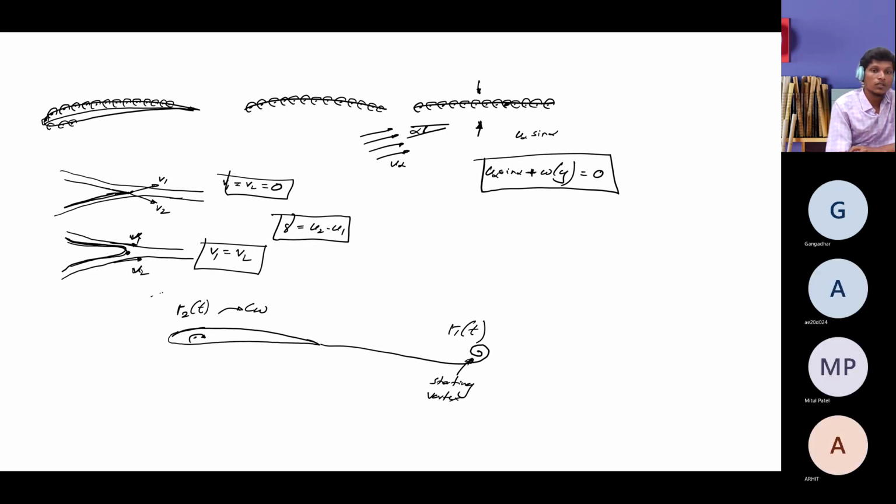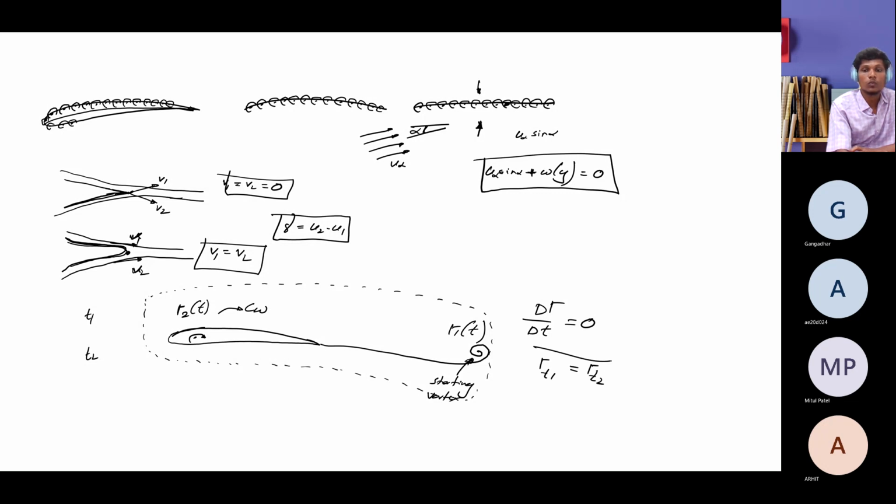From the Kelvin circulation theorem, if you trace the particles from the initial time, the substantial derivative, like if you need to calculate the circulation, if at time t1 there is no starting vortex, and you have particles that you trace like this, whatever the dotted lines here, and at time t2 also you trace the same particles and you calculate the circulation within the same particles, then according to the Kelvin circulation theorem, d gamma by dt should be equal to 0. That is, gamma at time t1 should be equal to gamma at time t2. There should not be any change.